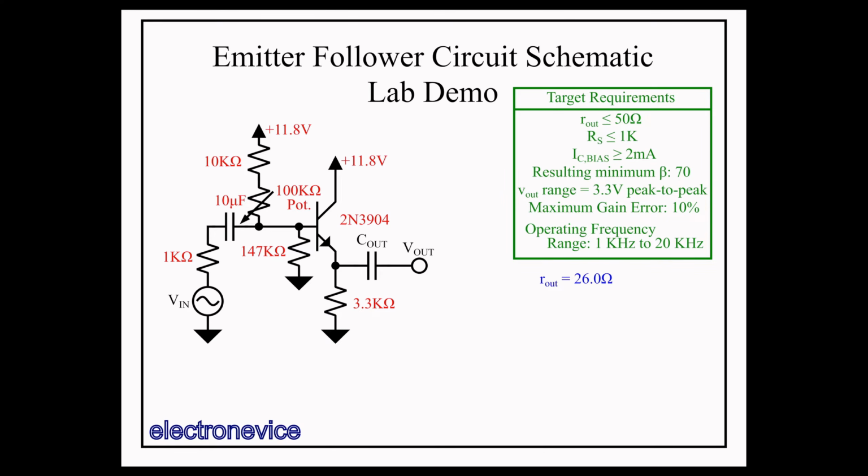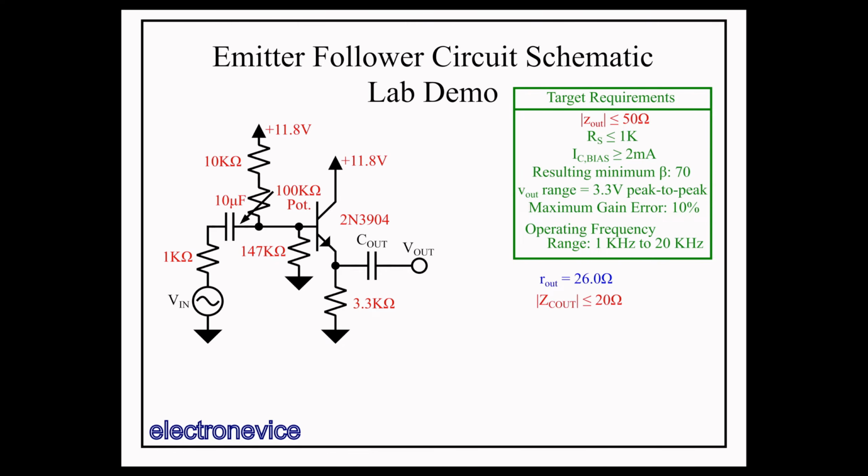For Cout, it's going to need to be a little higher. I'm going to do a slight reinterpretation of this target output resistance requirement and make it the magnitude of the output impedance instead. So we want the output impedance to remain less than 50 ohms even through this capacitor. In order for the output impedance to be less than 50 ohms, we need the capacitive reactance of the output capacitor, when combined with the output resistance, to be less than 50 ohms. But we also want it to be a bit lower to allow for some margin.